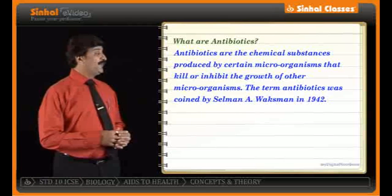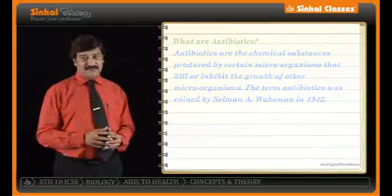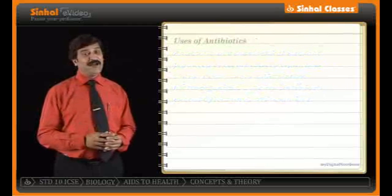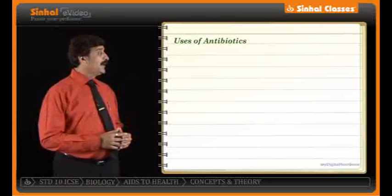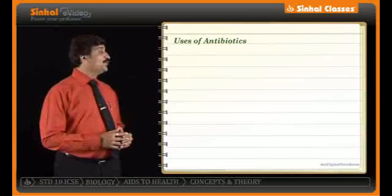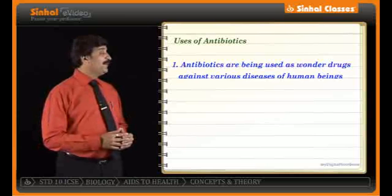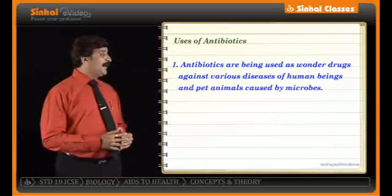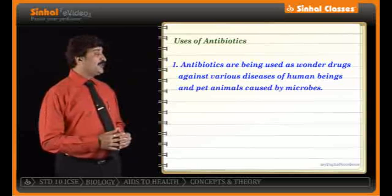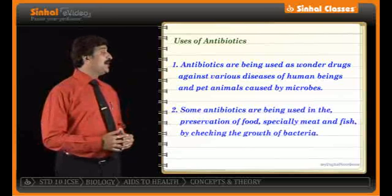When we talk in terms of antibiotics, they have certain uses. Let us see what the uses of antibiotics are. On the monitor, the details for you. Antibiotics are being used as wonder drugs against various diseases of human beings and pet animals that are caused by microbes. Some antibiotics are being used in the preservation of food, especially meat and fish, by checking